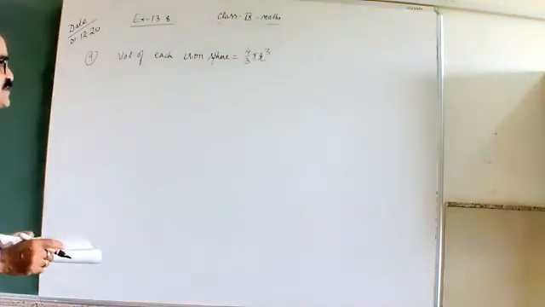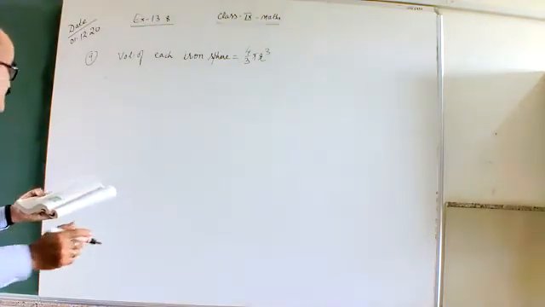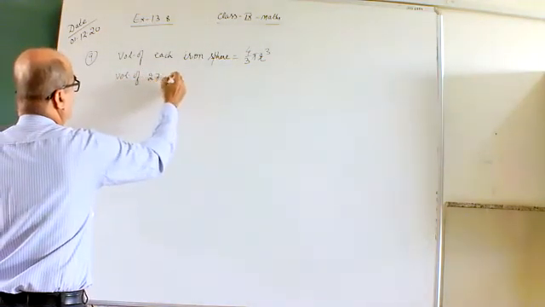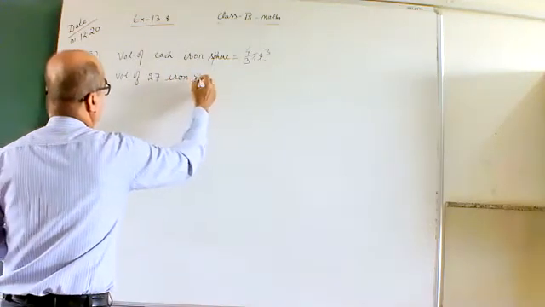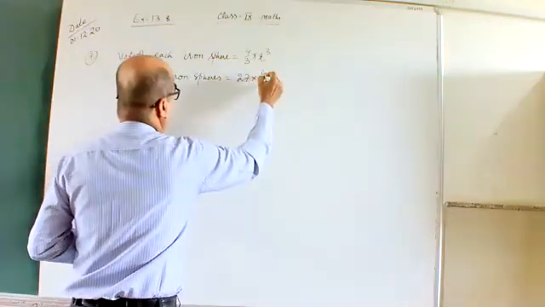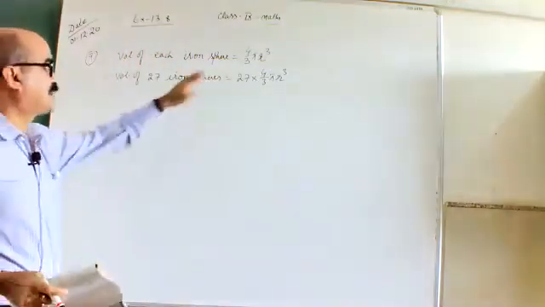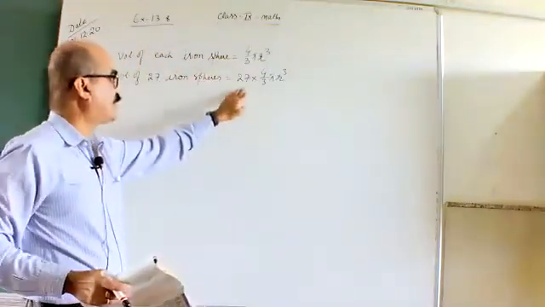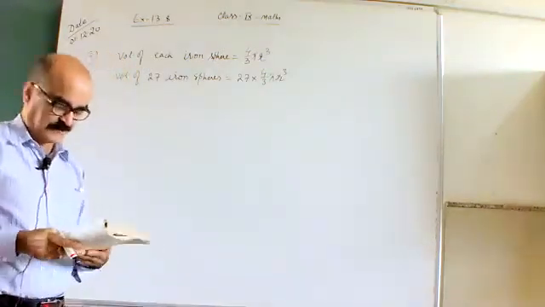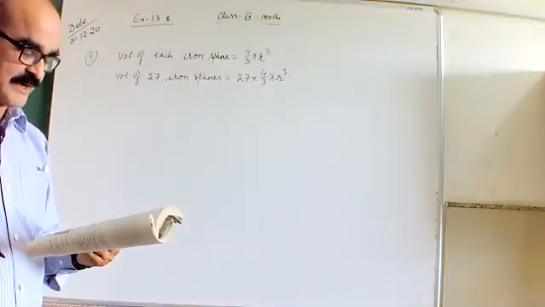Volume of each iron sphere is 4/3 pi r cube, right? So the volume of 27 iron spheres will be equal to 27 into 4 by 3 pi r cube, right? जब 1 का वॉल्यूम 4 by 3 pi r cube है तो 27 का वॉल्यूम होगा 27 into 4 by 3 pi r cube. Okay. Each of radius r and surface area s, and it is melted to form